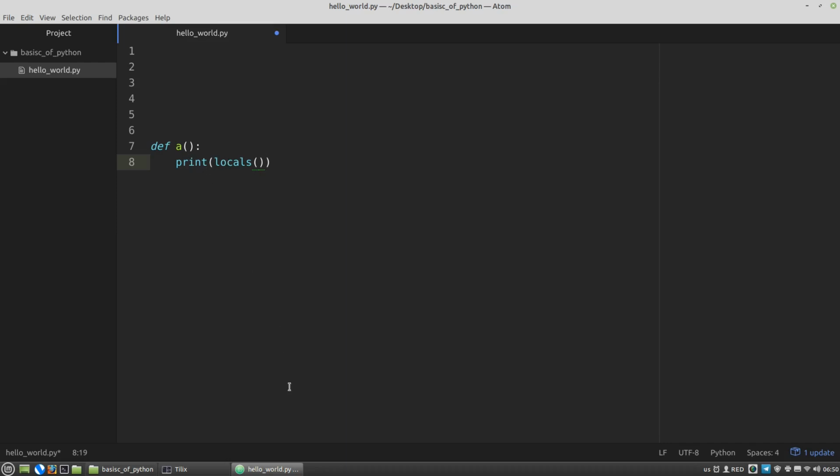argument to another one. The locals function returns us a dictionary that contains names of local variables and their values. We will talk about dictionaries later, but for now I want to simply mention that a dictionary is a data type in which data are stored as pairs, like in your phone book. You can find the phone number of a person by his name in your phone book. That is, in dictionaries, there are keys that play the role of identifiers and are associated with some data, the values. And if I call the a function,